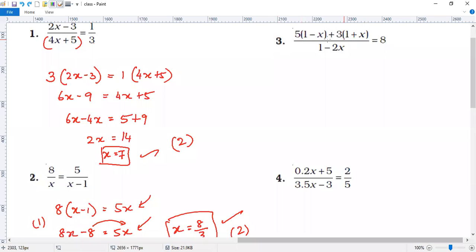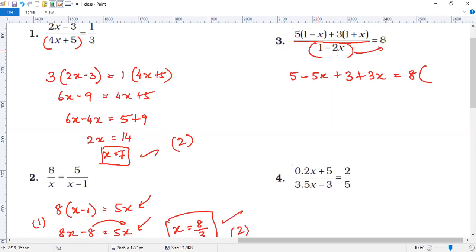Question number 3. Here as well, it is a whole division. So whatever is there in the whole division, I can take it to the other side as a whole multiplication. So here in the numerator, I can process out these parts. See, I'm having a plus sign in between these two terms in the numerator. What is the first term? 5 times of 1 minus x. What is the second term in the numerator? 3 times of 1 plus x. So what will we do? We'll multiply. So 5 times 1 is 5 minus 5 times x is 5x. Again, this 3. So plus 3 times 1 is 3 plus 3 times x is 3x is equal to 8